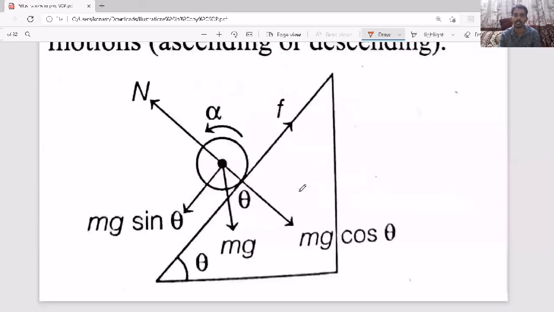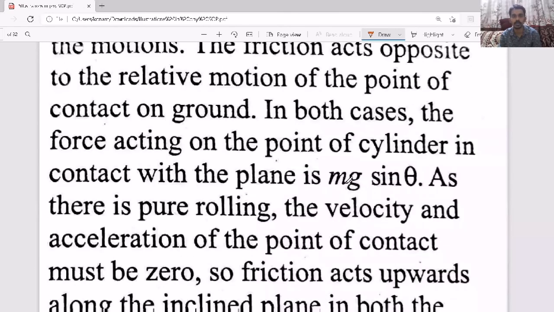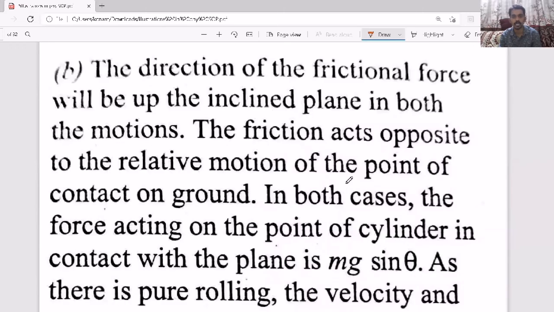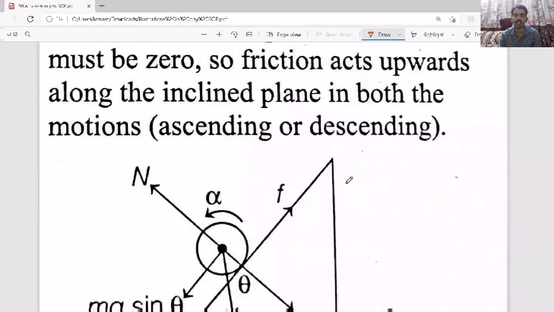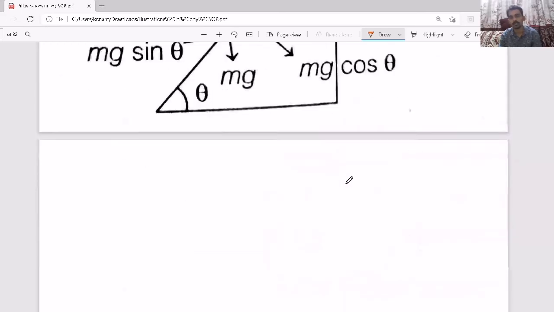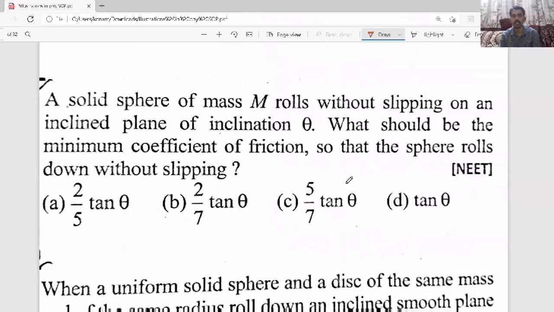That is what they mention here clearly. See here, even the diagram is also there. A clear explanation is also there. So they have given a clear explanation and explained with the diagram also. So try to understand it.